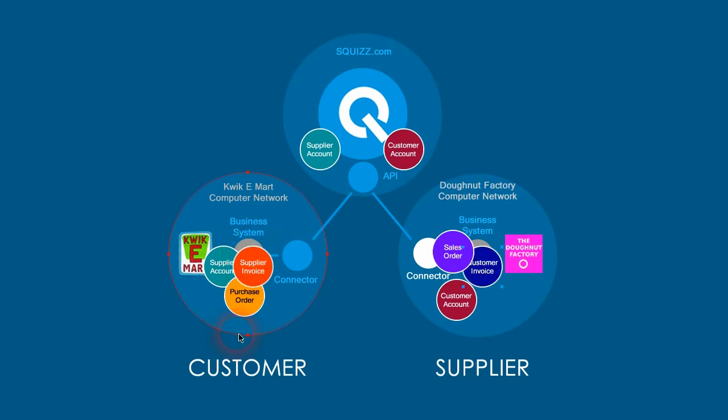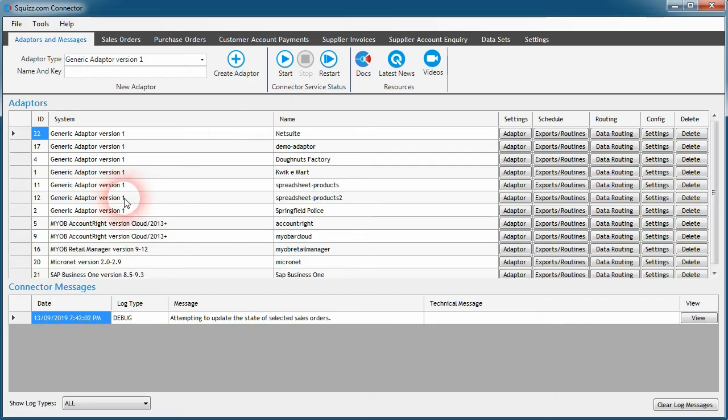So this is a very powerful feature for the customer because they no longer have to do the double keying of the invoices back into their own system, and that can free up time and money and also the errors that occur. And once those invoices are created, then the payments can be made back into the donut factory against the associated customer account. So to see how this works in reality, within the generic adapter, I've got an example